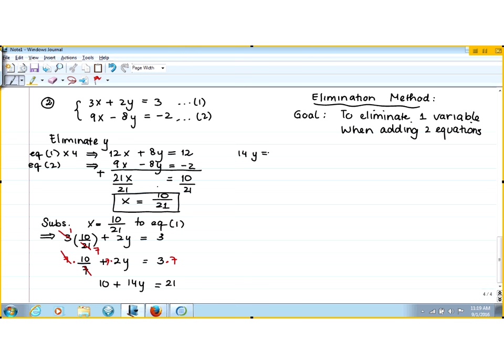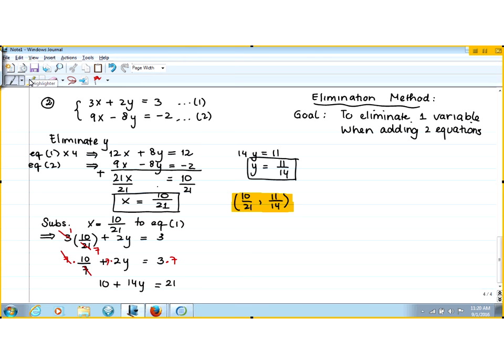All right. So 14y is equal to, what is it? 11. All right. So we have 10 over, oh, I have to write in order, right? 10 over 21, comma, 11 over 14. That's my solution. Okay. All right. So now let's go back and write the